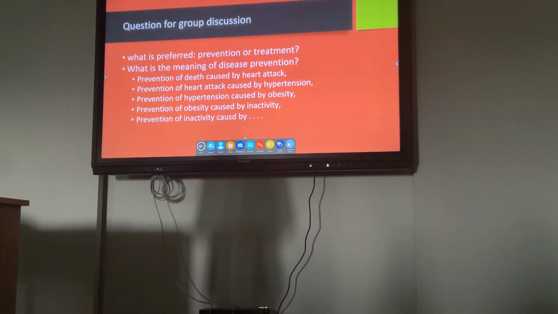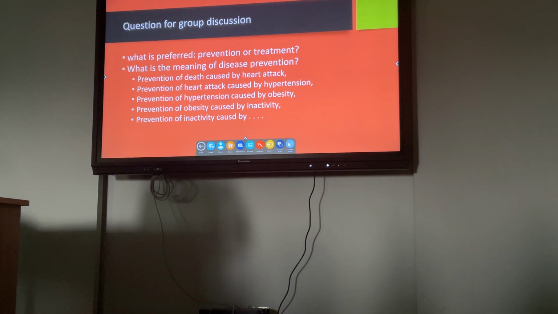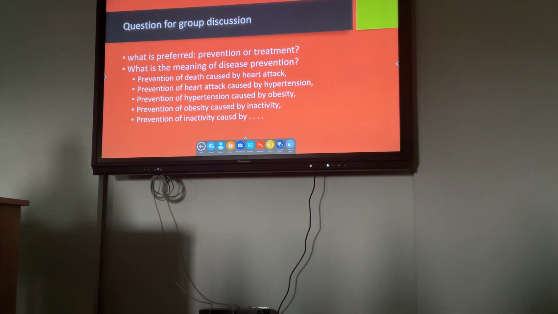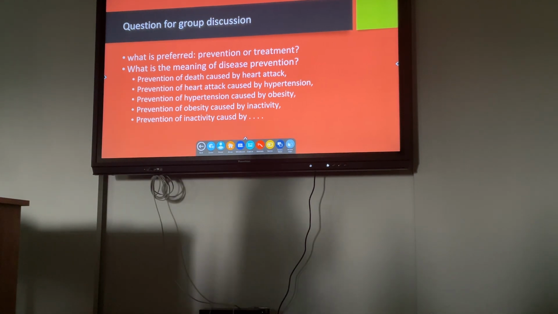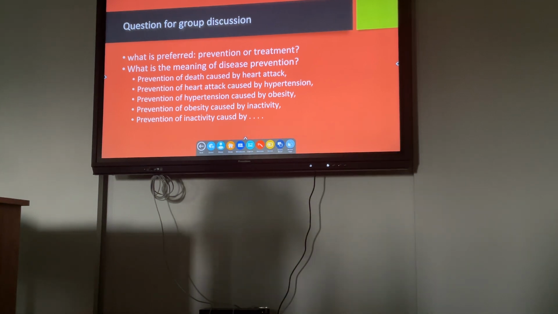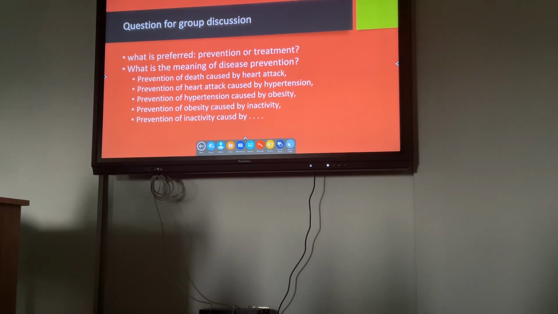But if the patient has an established hypertension disorder, established means a hypertensive disease, a hypertensive patient with signs of hypertension. For example, he may have complaint of headache, nose bleeding, we may have some complication of kidney disorders, and we measure the blood pressure and we notice that she or he has high blood pressure. This is called tertiary prevention.